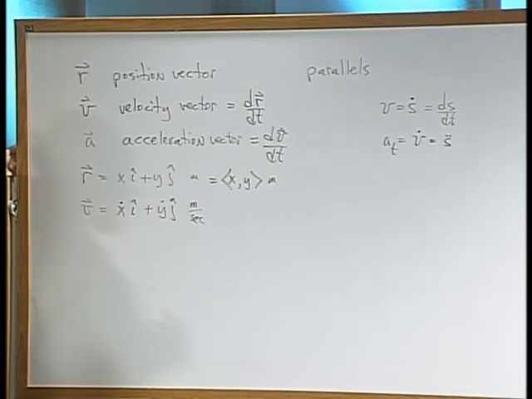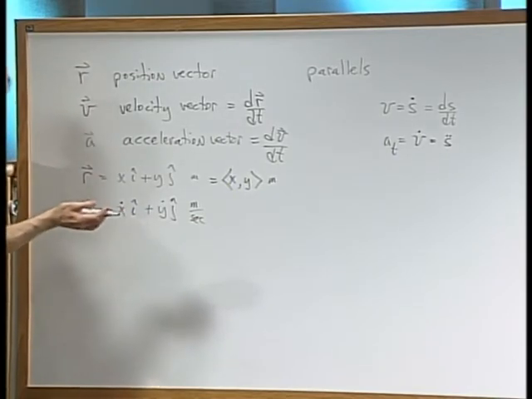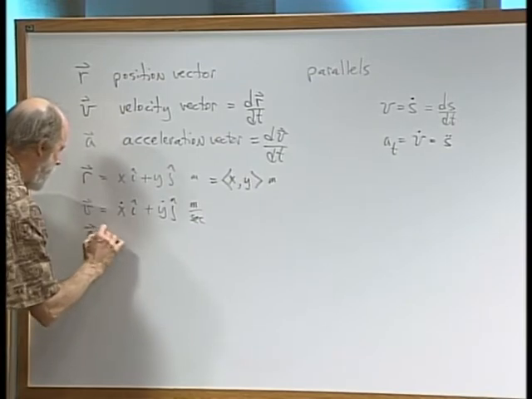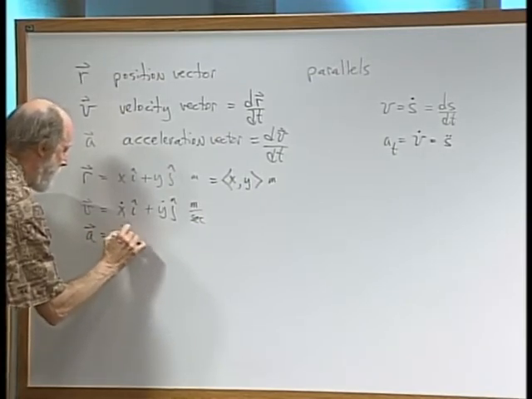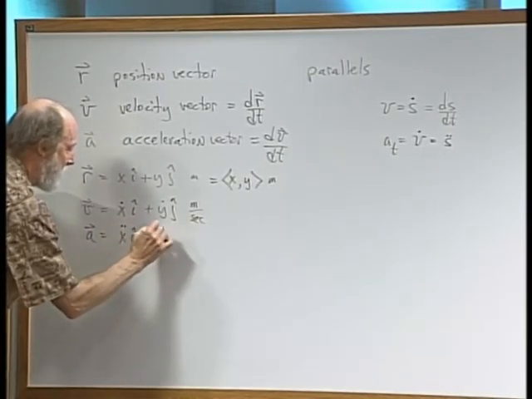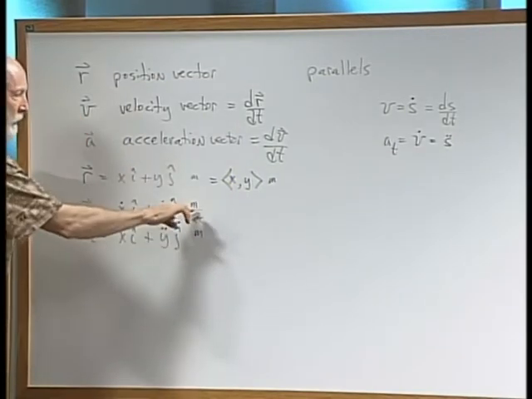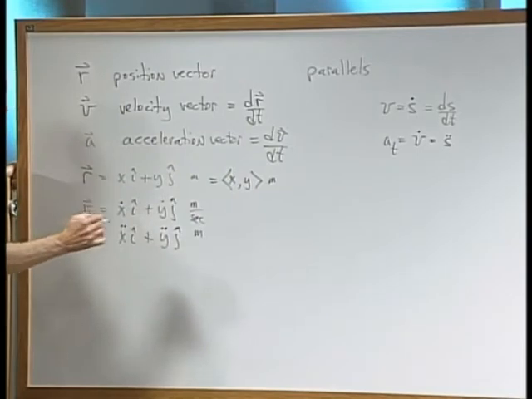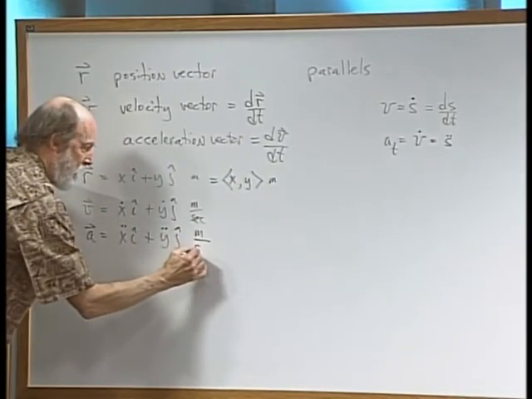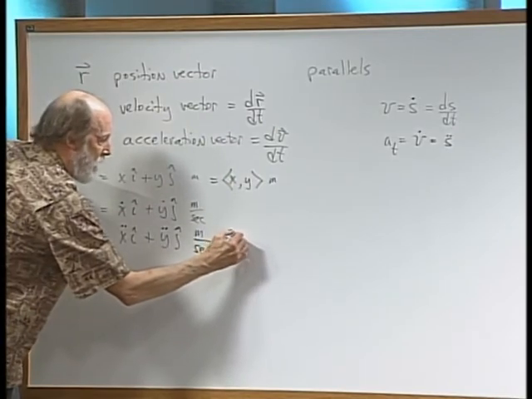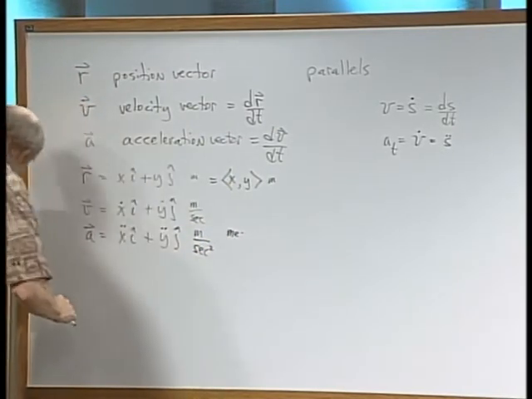Feel good? Okay, very elementary. Similarly then, crank the next derivative and come up with the acceleration, x double dot i hat plus y double dot j hat. And again, we're dealing with the rate of change of velocity. Typically, we write that as meters per second squared, and you might want to think of it as what it really is. It's meters